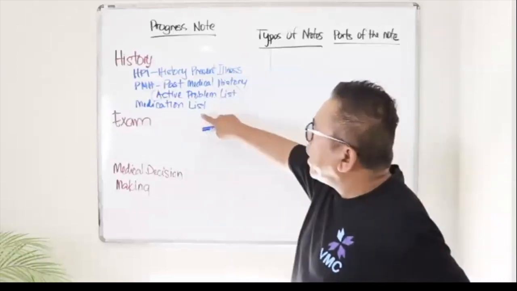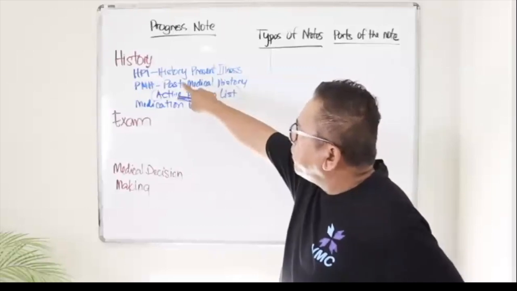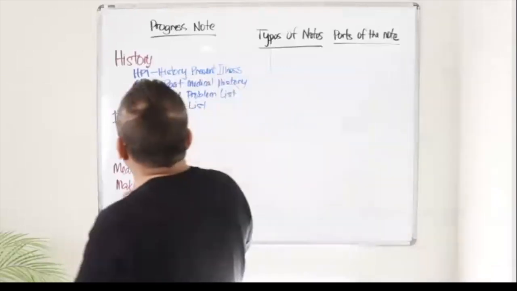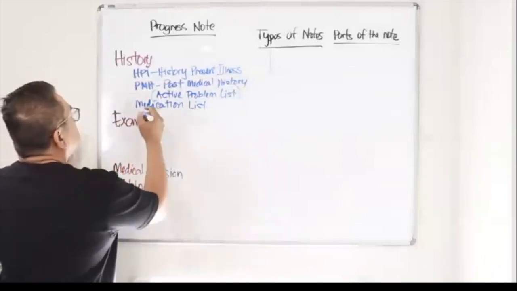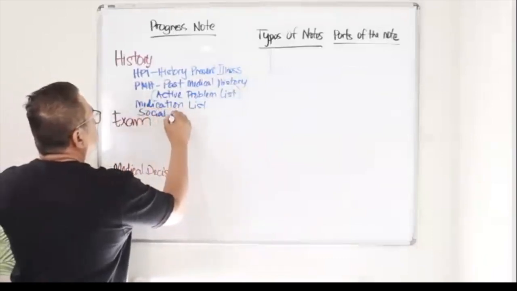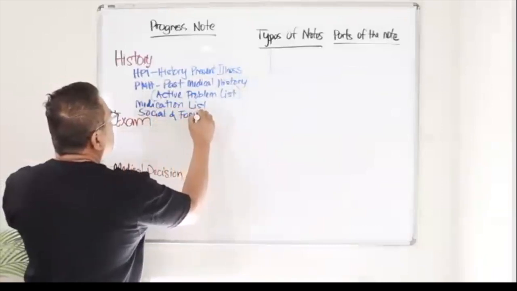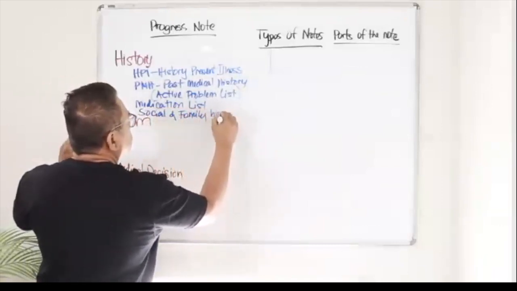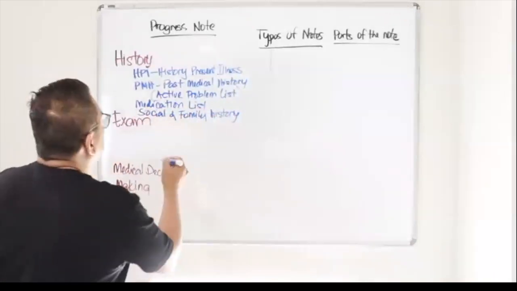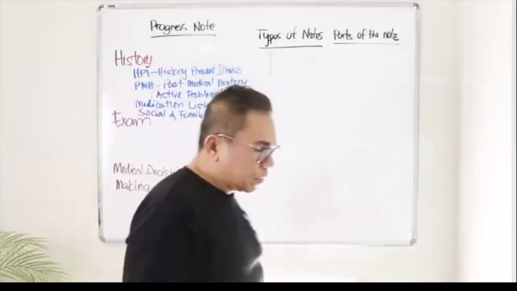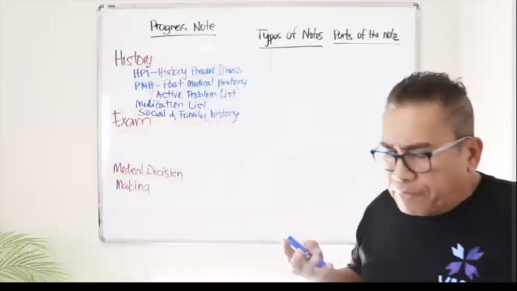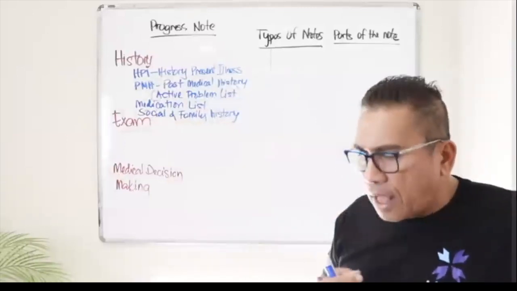Okay, so you have the medication list, you have the HPI, you have the PMH, and you have another part of the history, which is the patient's social and family history. Social and family history. And I don't need to elaborate what a family history is,